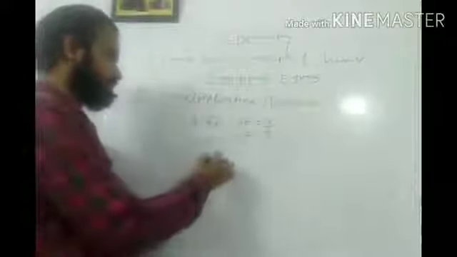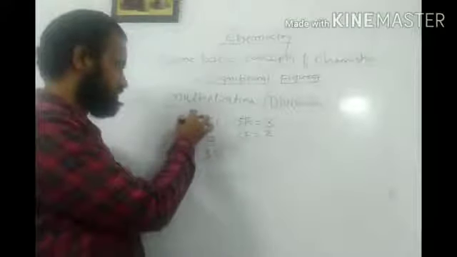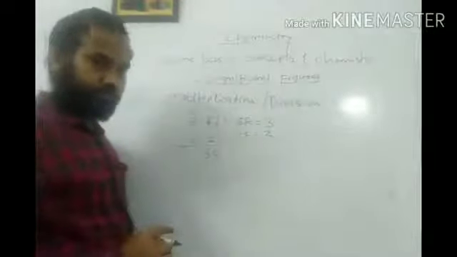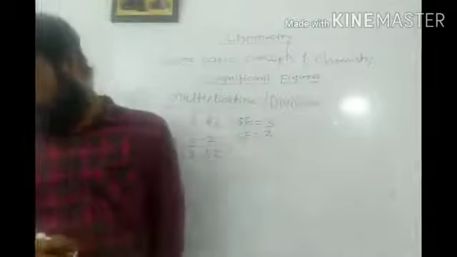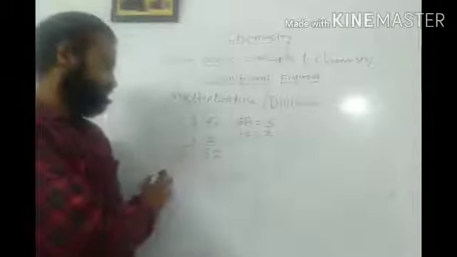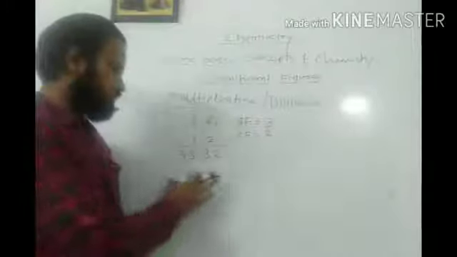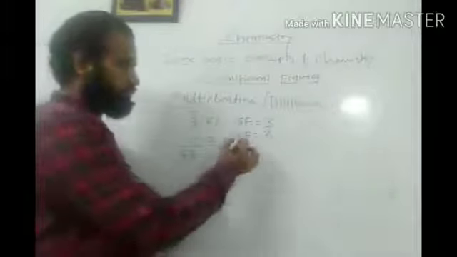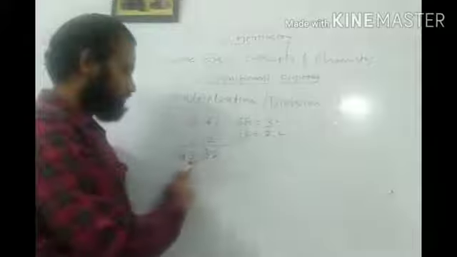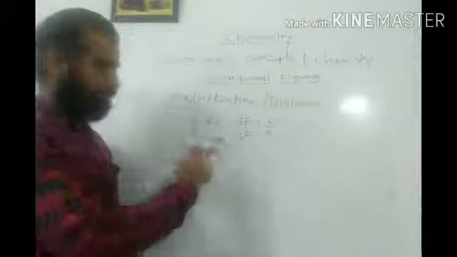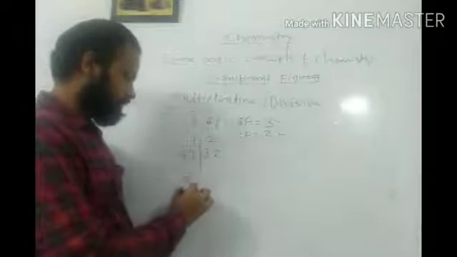So just multiply: 12 ones are 12, 1 is remaining, 12 sixes are 72, 1 is 73, 7 is remaining, 12 threes are 36, 36 plus 7, that is 43. Your answer is 43.32 actually, but as per the decimal points, it should be 4.332. So this is what your answer is. But according to the minimum significant figure, which is 2, in order to write down your answer with the minimum significant figure, I just have to restrict my answer at this position, so that 4.3 is the correct answer.